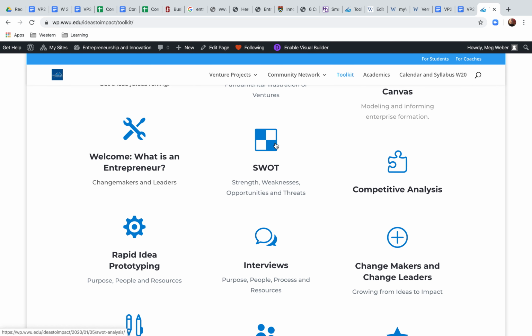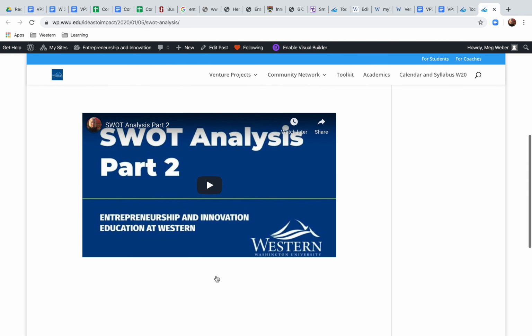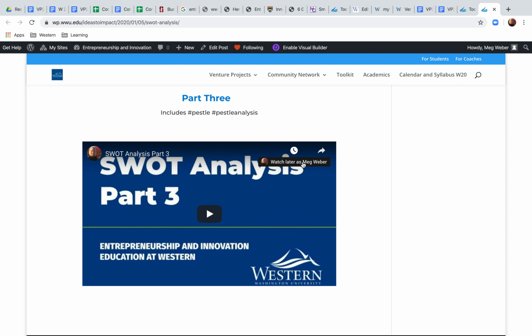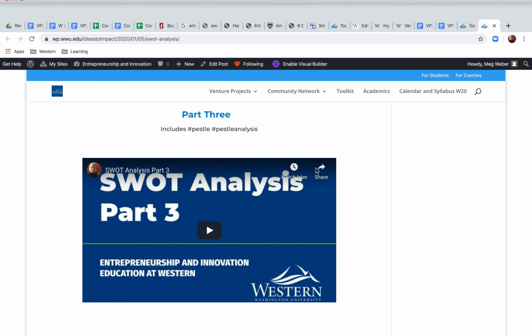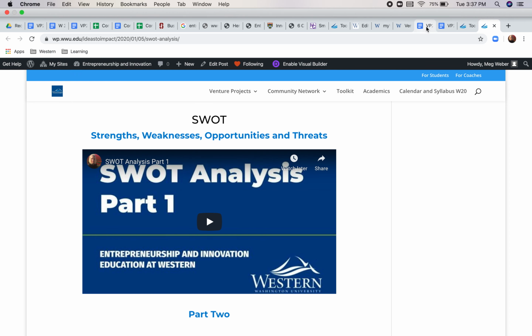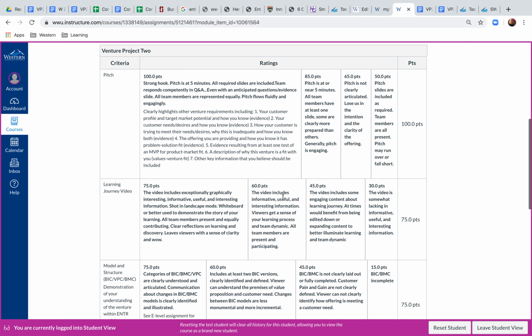So for example, in your assignment, you need to be able to do a PESTLE analysis. So that's under the SWOT videos. In particular, it's on SWOT video 3. So be sure you watch that video, you have an understanding of it, and you can apply it to your project. So as you're looking through this rubric, be sure that you understand what's required of you from these different